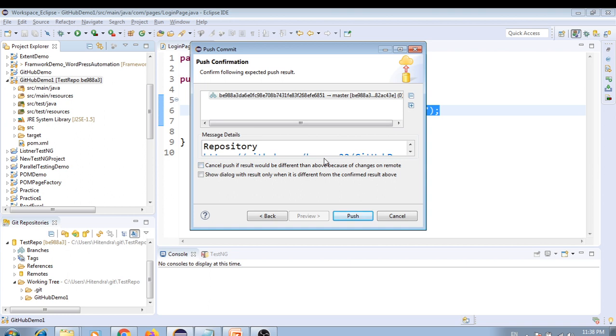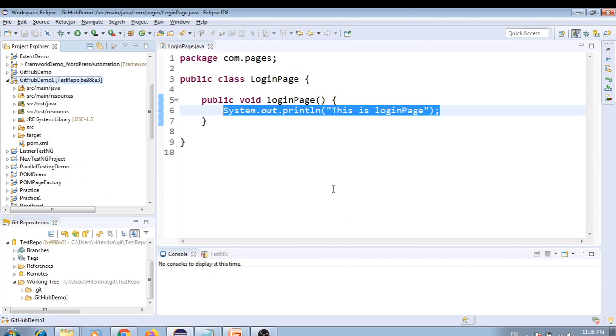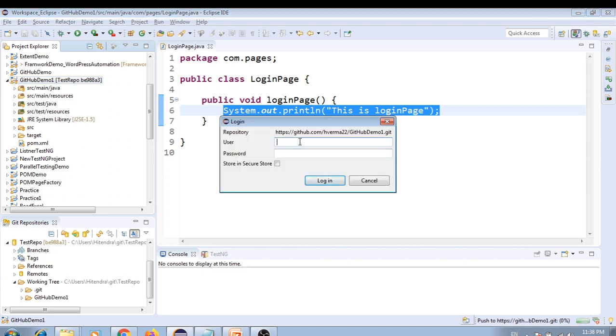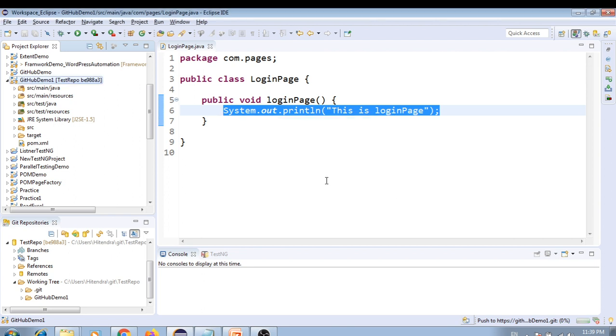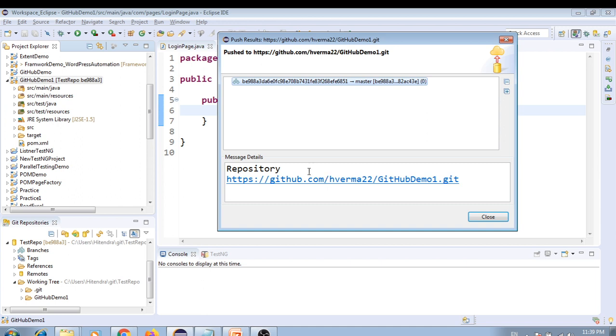Now we have to click on push. It will ask for login one last time. Click on login. One second, we have to enter again. I think this is done.